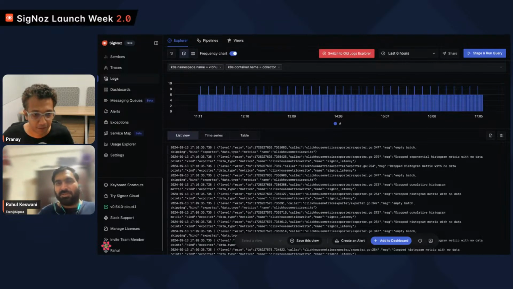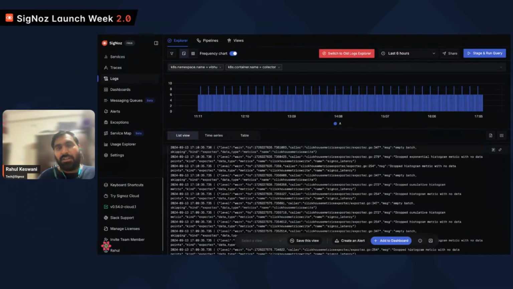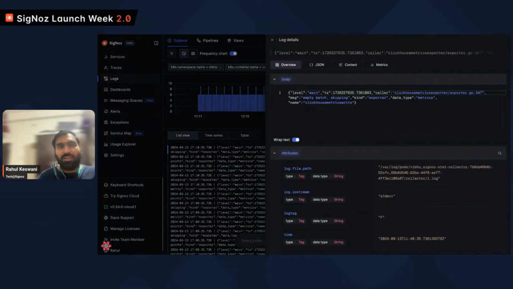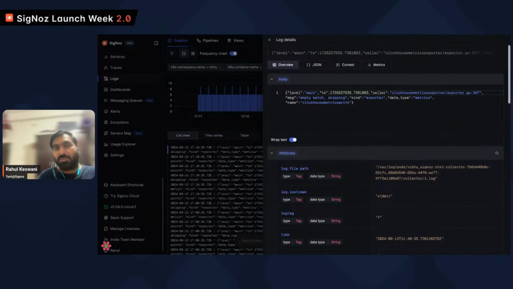Yeah, sure. So let me start from this point. Now you can see our logs page. As usual, you can select whatever time period you want to see your logs for, emitted by the number of services that you are running. Let's say I have selected the last 6 hours, and I want to see the current state of my application, or the service running on Kubernetes, that is emitting a log. As a developer, I want to check what this particular emitted log shows me